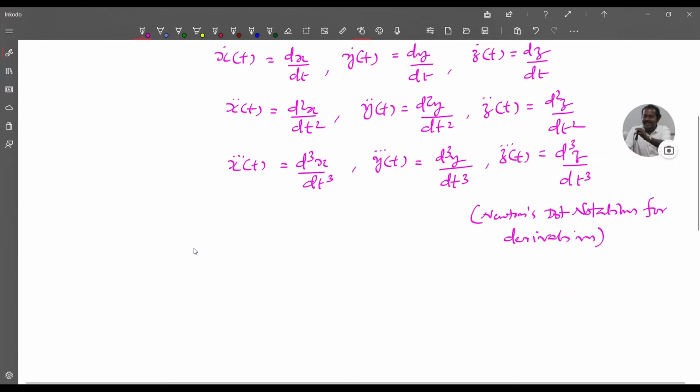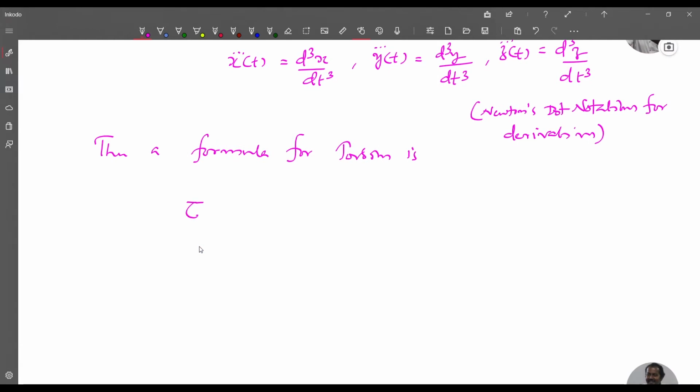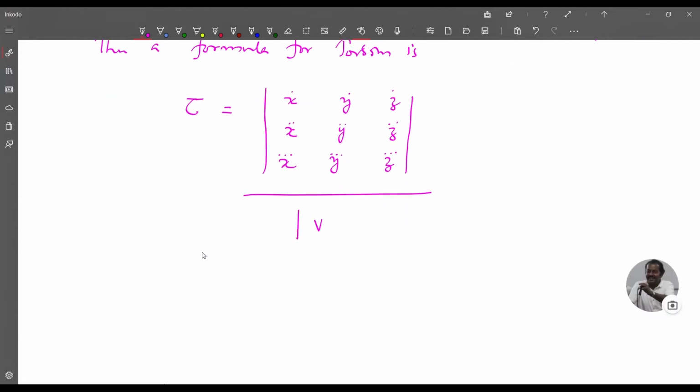Then a formula for torsion is tau equal to the determinant of x dot, y dot, z dot; x double dot, y double dot, z double dot; x triple dot, y triple dot, z triple dot, divided by modulus of V cross A the whole square, provided modulus of V cross A is not equal to 0. This is a formula for finding torsion,